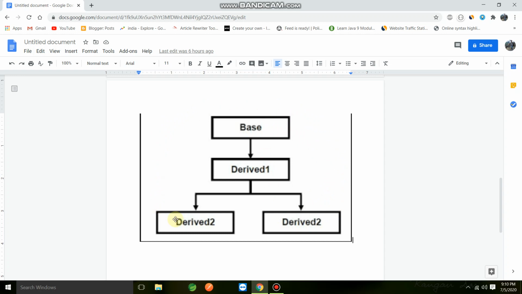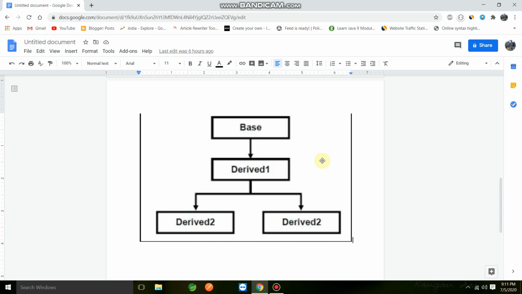So if we check the entire use case in this particular diagram, we have three types of inheritance: single inheritance, hierarchical inheritance and multi-level inheritance. All three are supported by Java, and we can implement this example in Java code.